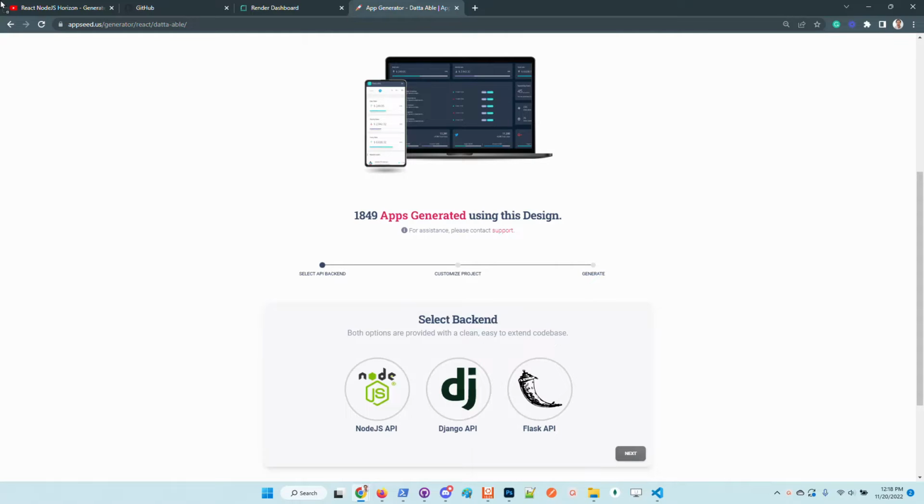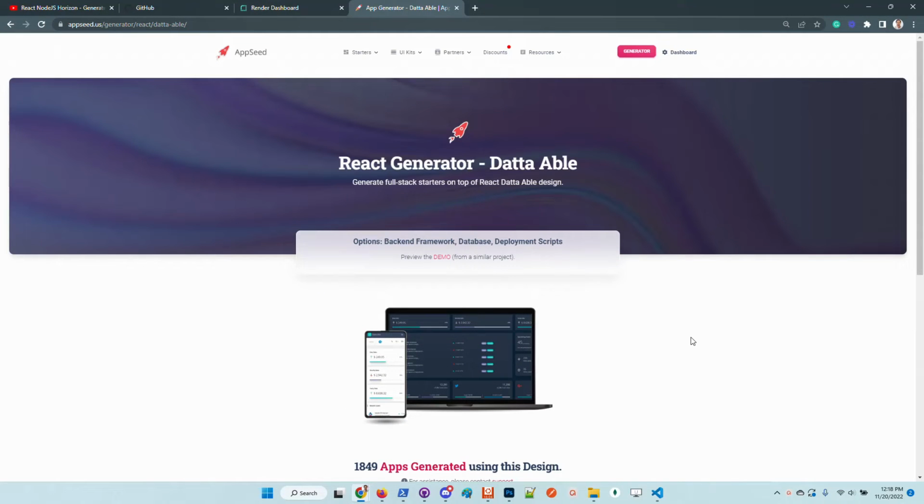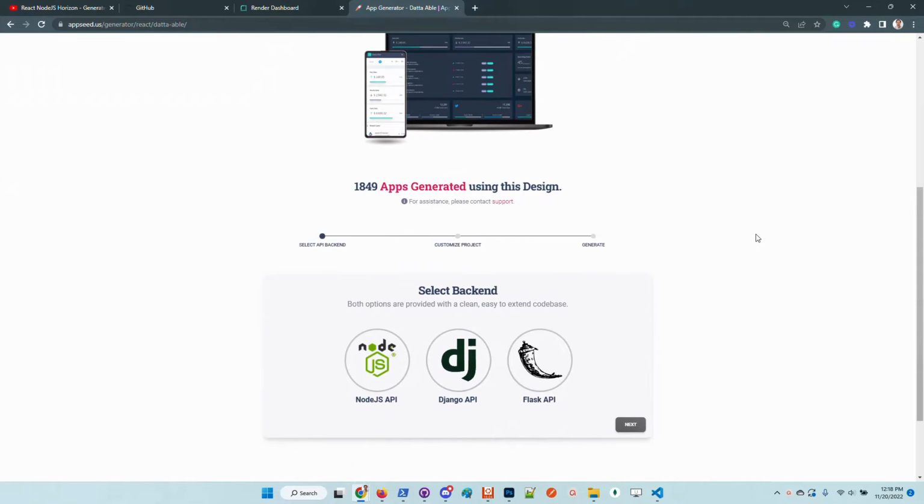Adrian here from AppSeed. So in this video I want to demonstrate how to generate a simple full stack application using AppSeed. I'm using an app generator that is a free service. The link will be saved in this material description. So basically you need to access this button. Okay, so